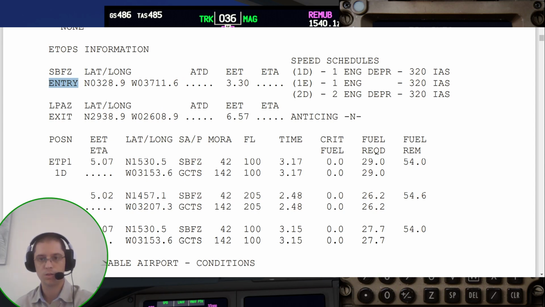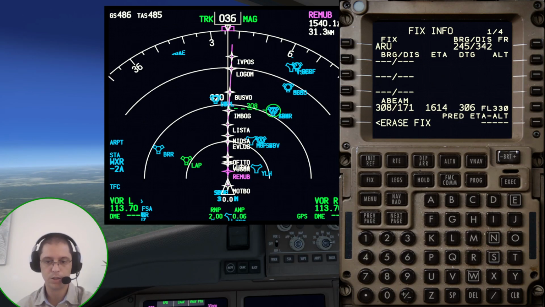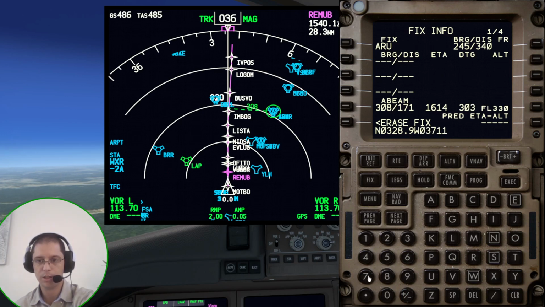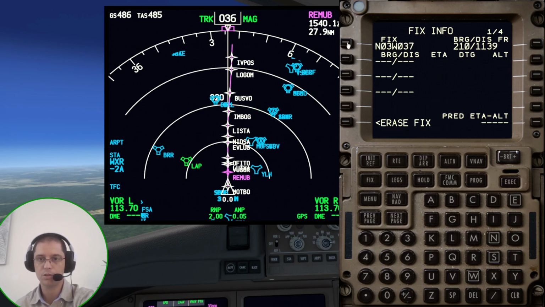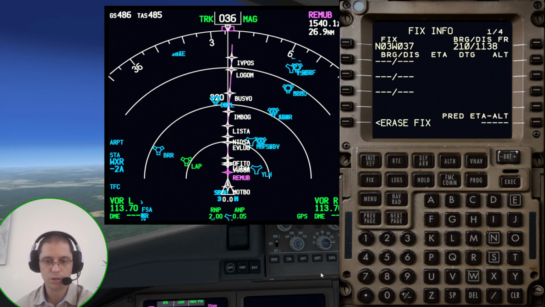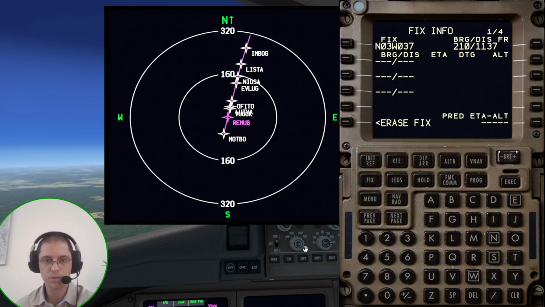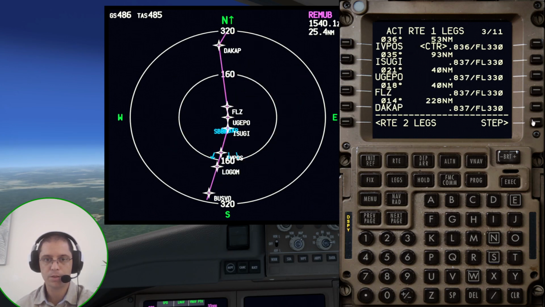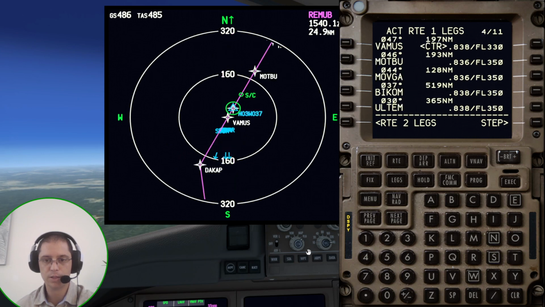So I'm going to take this out now and I'm going to create that point. So the point is north 0328.9, the same one I showed you, and west 03711.6. So this is going to create a fix at this position. To show you this fix, I'm going to plan, and I'm going on legs page step by step. So I'm going to move the map until we see that fix. Now you can see that we have that fix